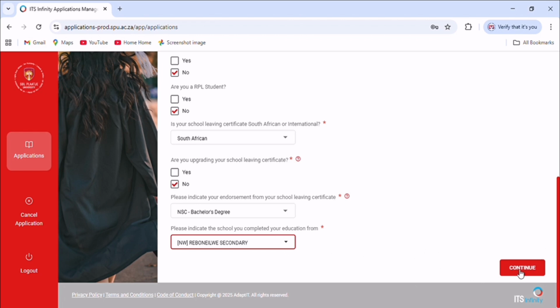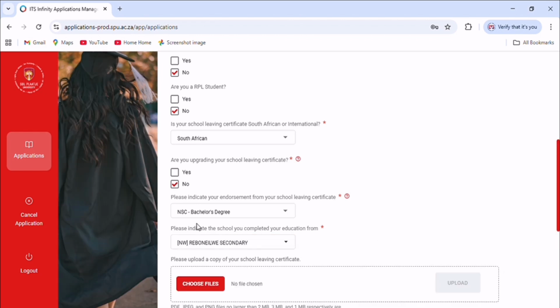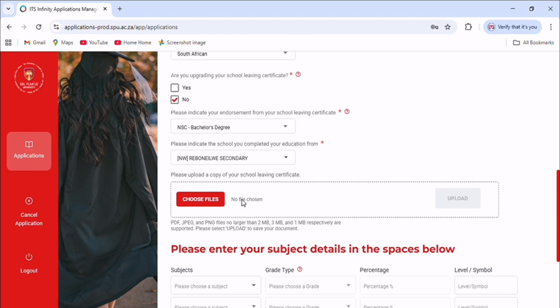After you click continue, guys, when you are done filling everything, that's when you can come and click continue. So yeah, you can see, guys, here we are. Now they want me to upload a school result. So you're gonna click on choose file, then after that, you're gonna go to choose file in your